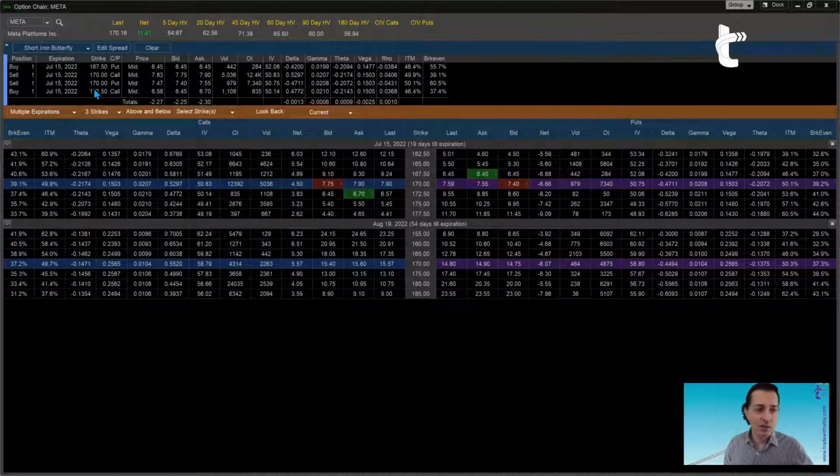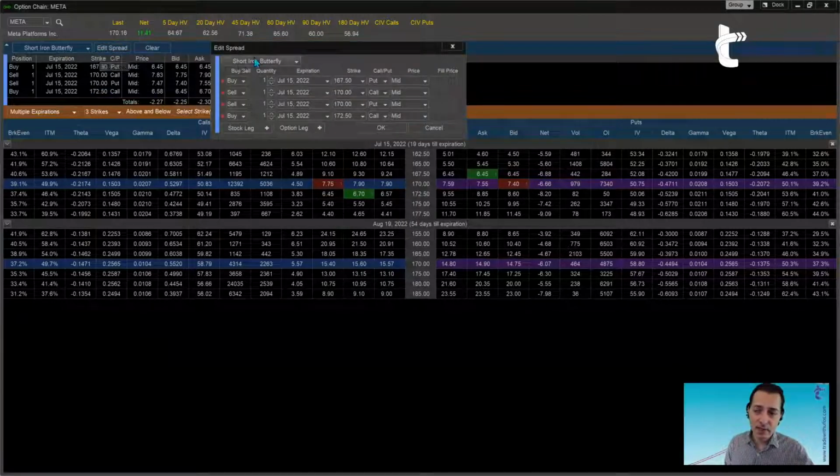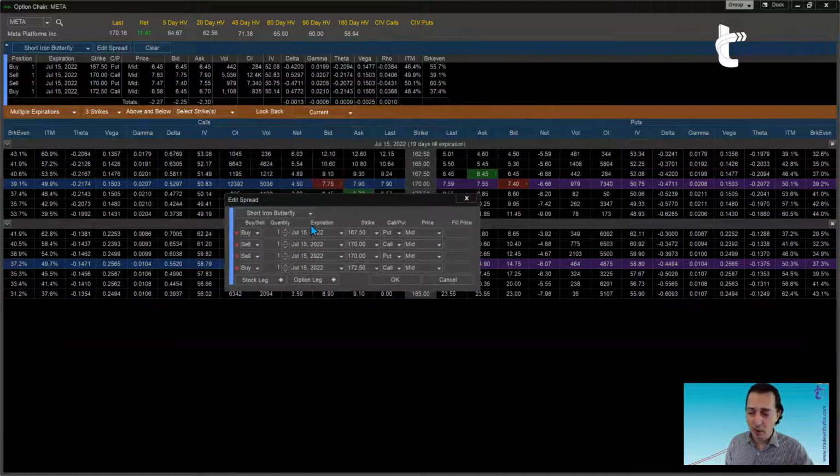Following a series of rules, but to you they may be random. Okay, because you may have a different reason why you're doing this trade. You may have a target in a specific location that the platform doesn't know. So you're going to have to edit the spread, and when you edit the spread, again, you get this floating menu with all those legs. So what do we have here?